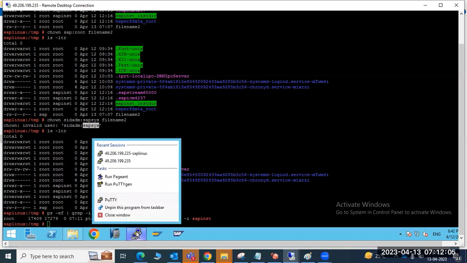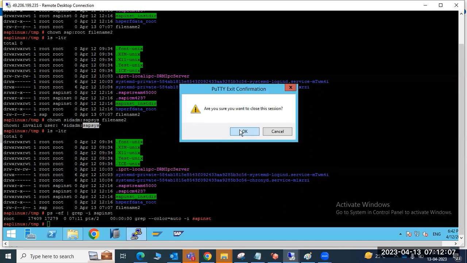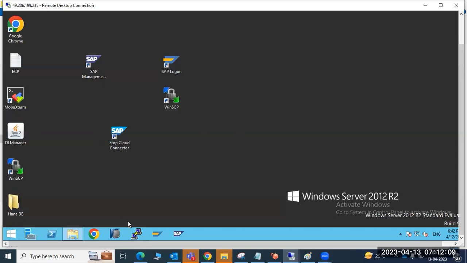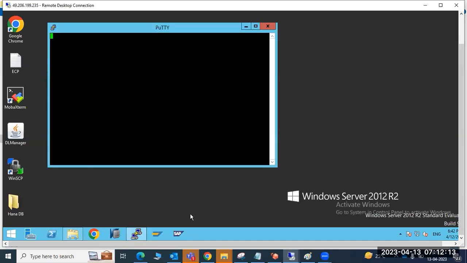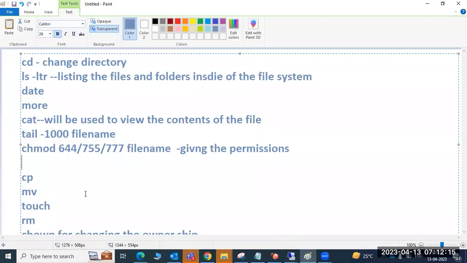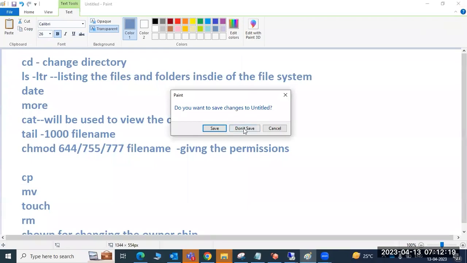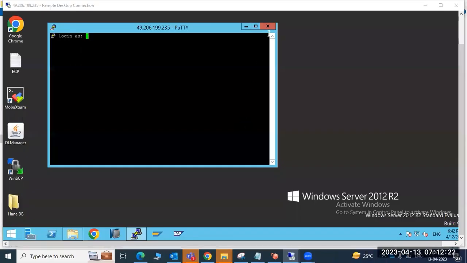So today what you have to do is learn how to log into the Linux operating system through PuTTY. Then practice the 10 or 15 commands, whatever commands we discussed now. You can practice these commands. Tomorrow we'll start